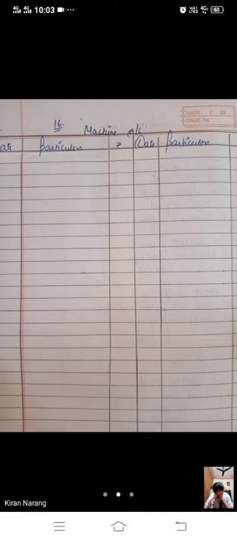And on 30th June 2019, one of the original machines purchased on 1st April 2017, which had cost 5,000, was found to have become obsolete and was sold as scrap for rupees 500 only. On the same date, a new machine was purchased for rupees 8,000, and depreciation is charged at 15% per annum on the written down value method. Accounts are closed on 31st March every year. So you have to show the machine account for the first 3 years only.